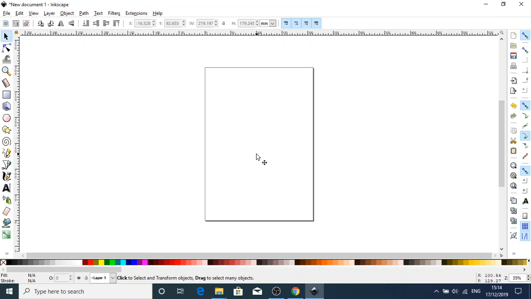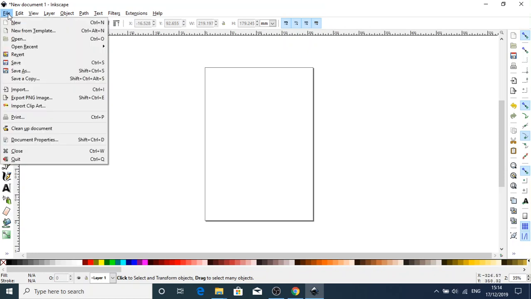Today we're looking at using the bitmap trace tool to get your sketches that you've sketched down on paper into Inkscape and convert them to a vector to later use as an image that can be scaled without loss of pixel definition. To do this, we first need an image, so I'm going to use a simple image, which is